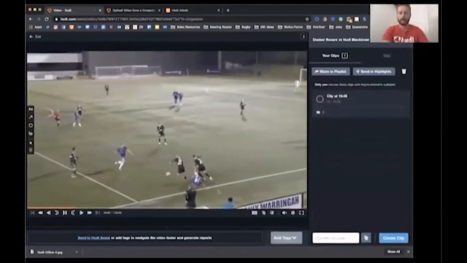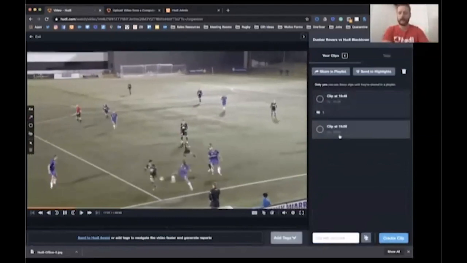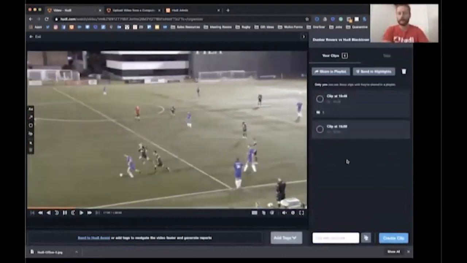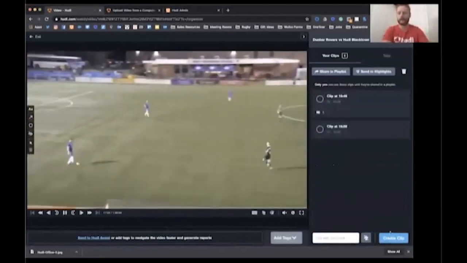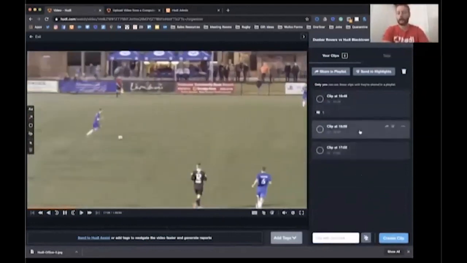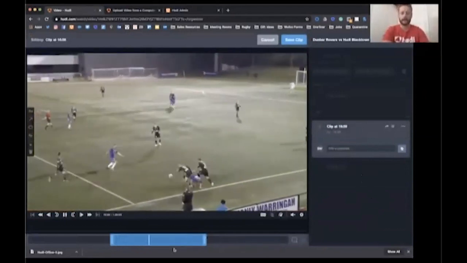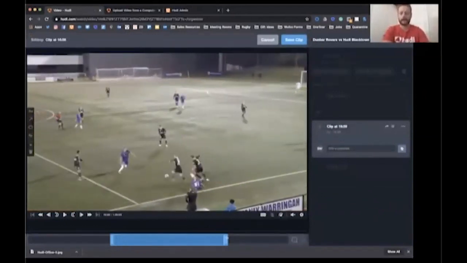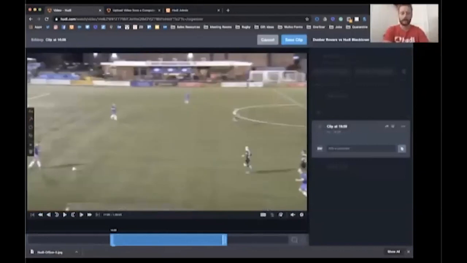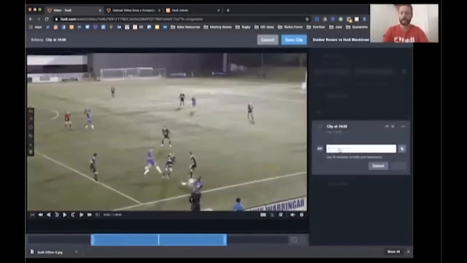If I come to another point that I find interesting as well, I can pause the video here, hit create clip. And like I said, that's going to pull out a 7-second clip. The video will keep playing, and I can keep creating these clips as we go. If I want to at any point come back and then edit these, I can click on that clip there, pause it if I want, extend the length of the start and the end time of that moment, and then also add comments and drawings, like I said, at a later date.